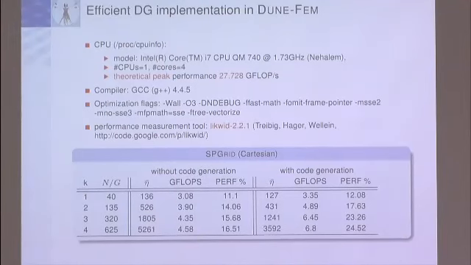And the measurement was done with the open source tool called Likwid, which you can just use like usr/bin/time, and it will in the end give you some flop performance numbers. So this is again the density current test case in 3D for polynomial orders 1, 2, 3, 4 on